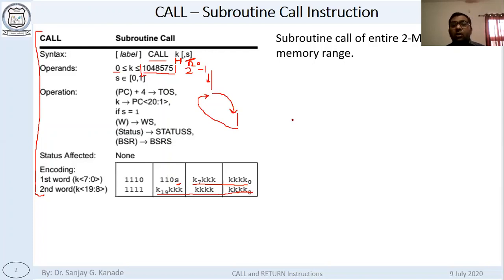In case of goto, how will we do this? We may use two goto instructions. We will have to put a label here also. Here we will write goto L1, and here again we will write goto L2. So from here it will go to L1, it will execute this section, then we'll go here to L2, and it will come back and start executing here.